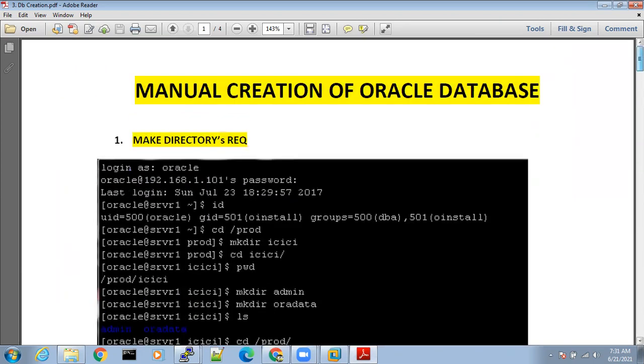And what is this document name? Manual creation of Oracle database. So listen very carefully. Manual creation. For the first time, when you are creating, I know there will be some difficulties, but always remember, whenever you go through a tough phase in your life, the next upcoming phase is very smooth. So you have to prepare for that. When you are going through tough times right now, the next 2-3 months will be very smooth.